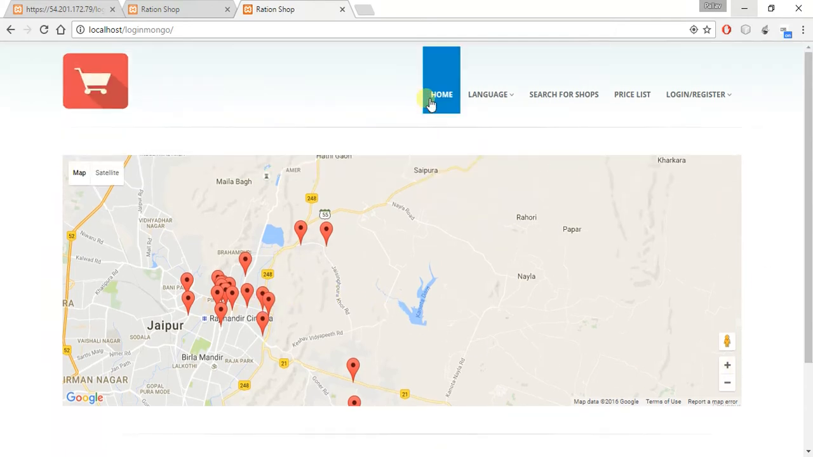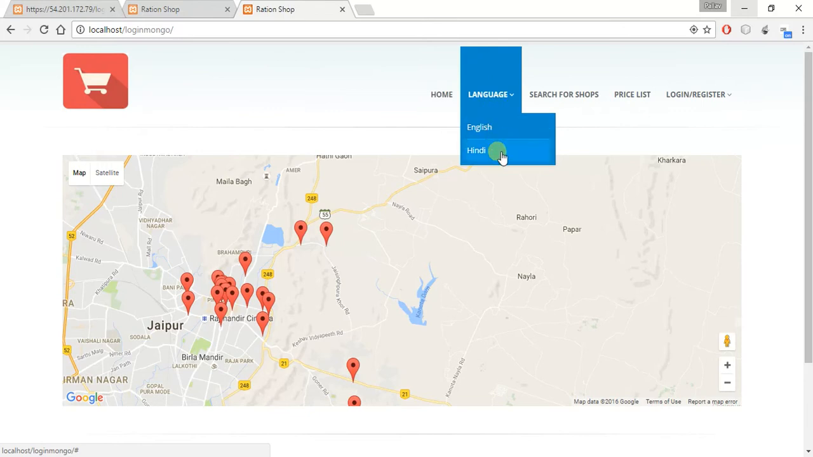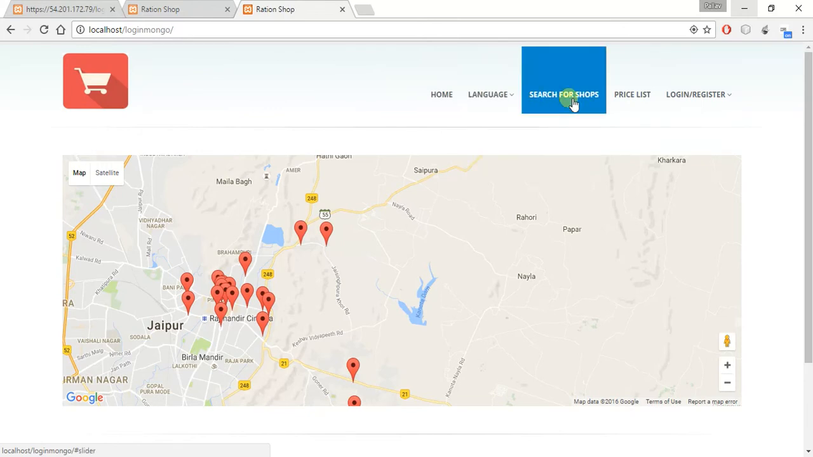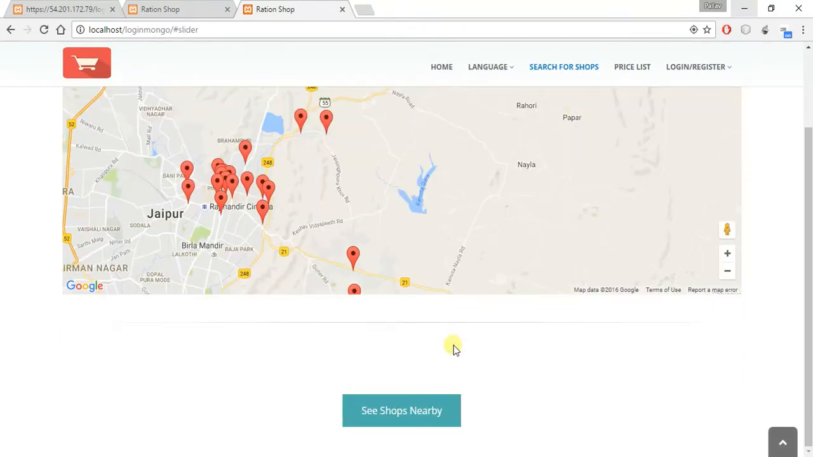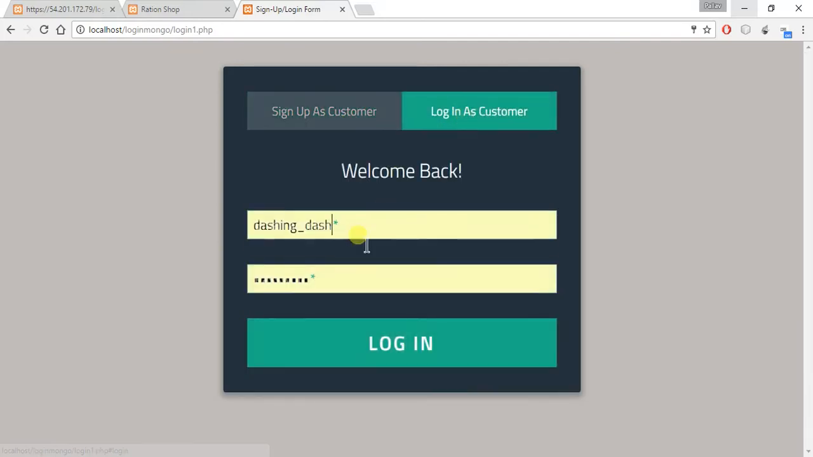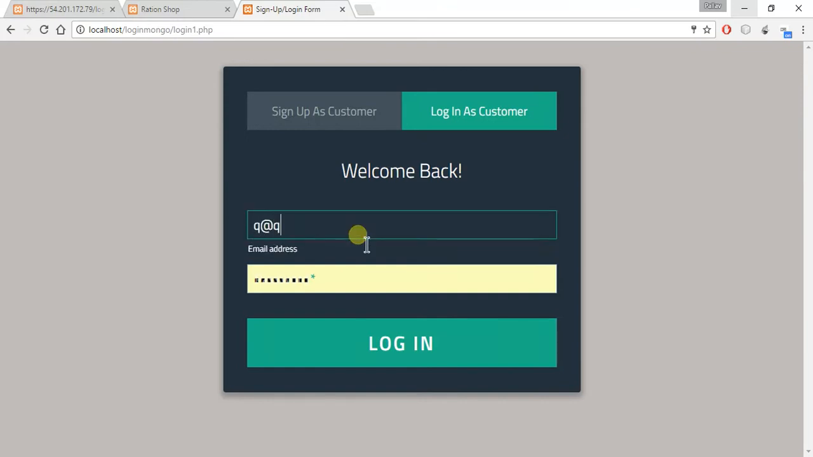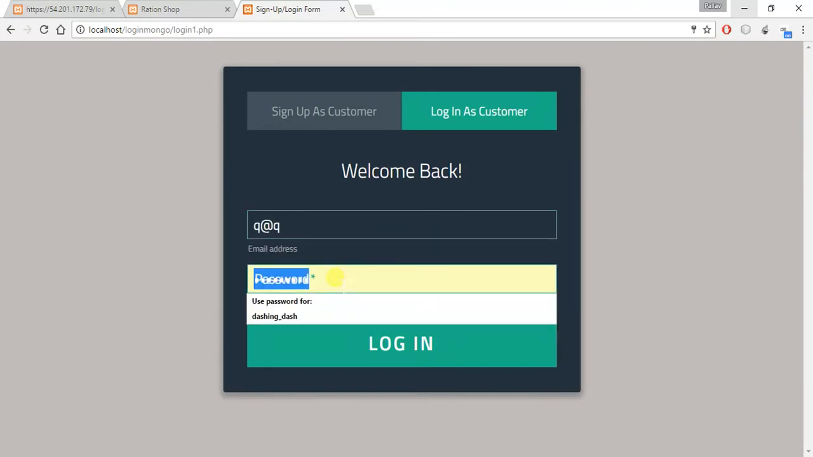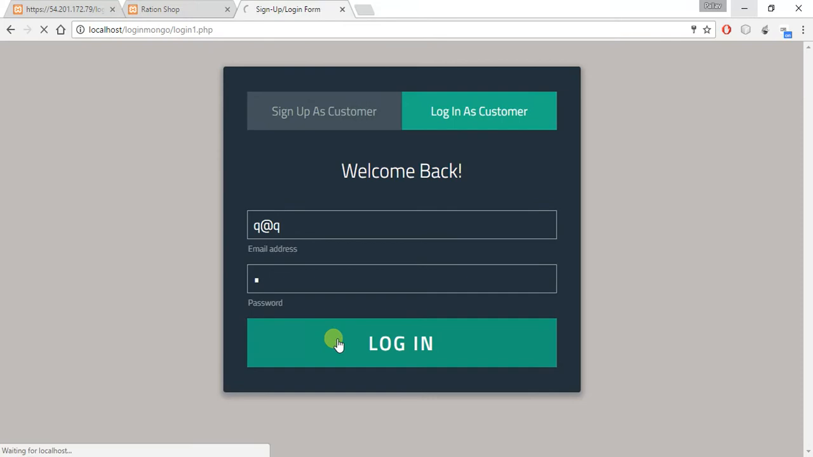So it's home again, with the language English or Hindi, whichever you want to show. Search for shops: if you want to search for shops, you first need to be logged in to the system. So let's click on see shops nearby. As you can see, it directly takes you to the sign up page. I've already signed in, so let me give the input IDs, and after this it will